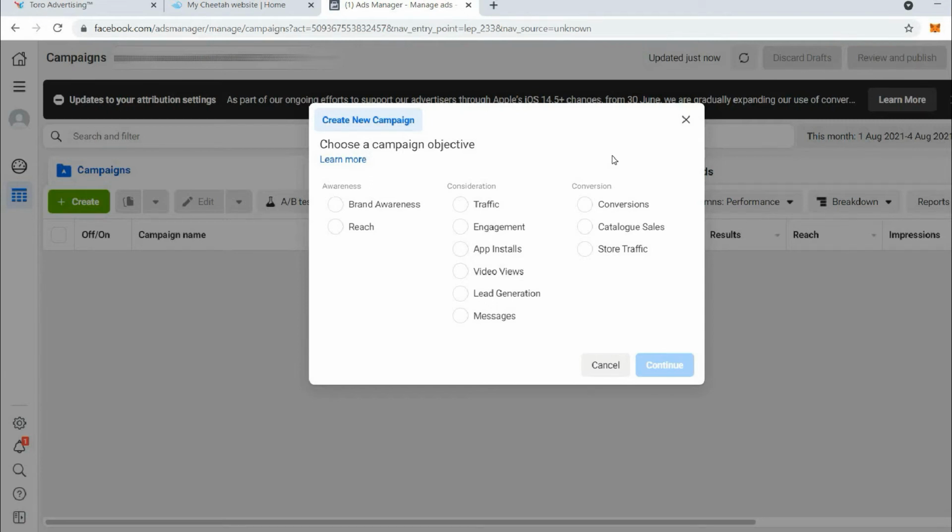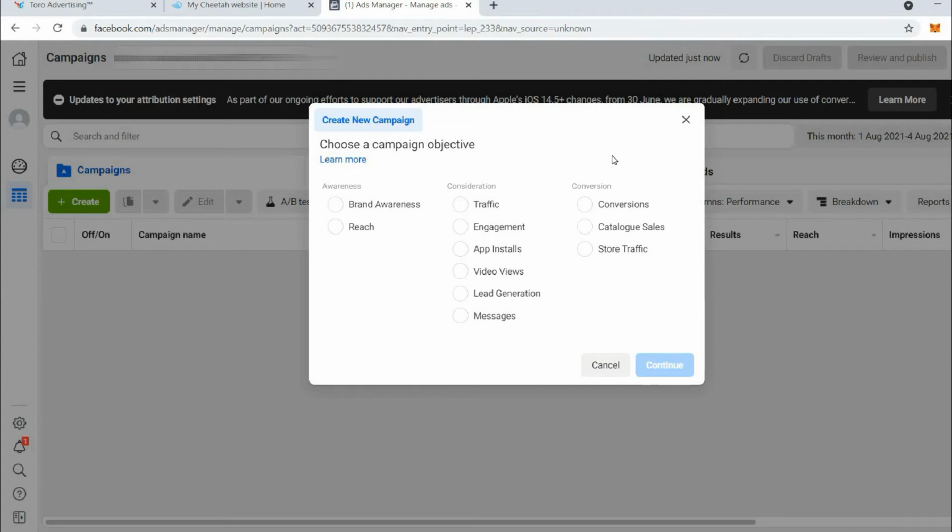But I want to tell you that things are not really that easy, because Facebook knows which person will buy a t-shirt, which person will buy a computer, which person will buy a TV. But Facebook doesn't know which person you need. You need a person who buys TV, or you need a person who buys a skating board or something like that, or a t-shirt. So you have to tell Facebook which person you need, which is your target audience.